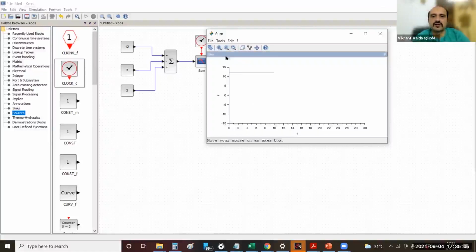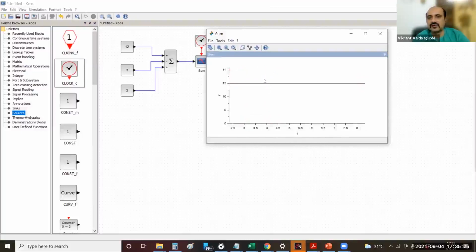Once you zoom, let me zoom it. The way you do it is click on that tool, bring your cursor here and click once, and it will start making a box. This is the zoom area. Once I click again, it will zoom into that area. Now you have zoomed in, but there is nothing you want to further see here. You want to go back to the original one. So that's the third tool from the left, original view. If you click on that, you come back to your original view.